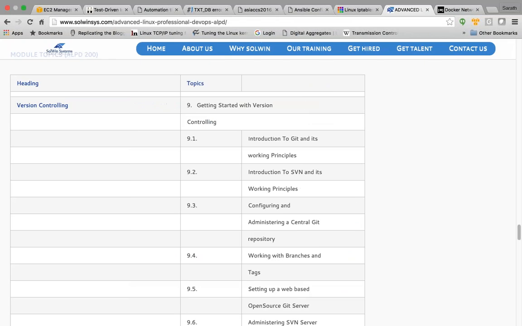So actually, the plan is like this. For Linux as such, I have not yet given any tasks. But when we reach the DevOps section, that is where I'll be giving you guys tasks to do. When I say tasks, I mean tasks like create a module to automate XYZ application or XYZ component on a particular server.